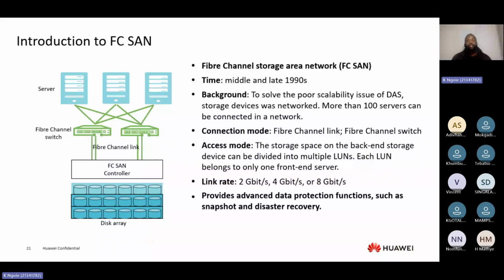So when we talk about DAS, that is more for local or single server. And then when you talk about the NAS, it will be for file sharing over the network. And then the SAN will be a block level storage for high performance. And then we can have a unified one, which is combining the NAS and the SAN. Okay, so